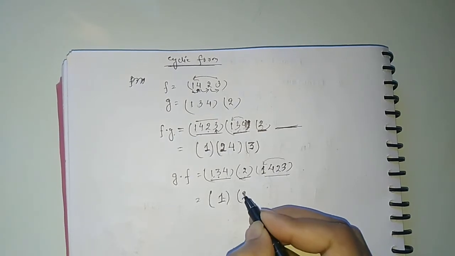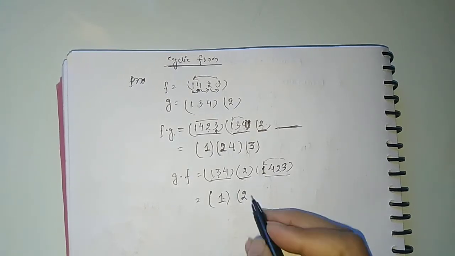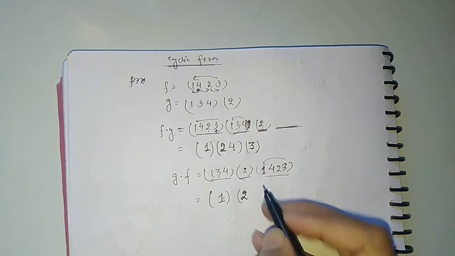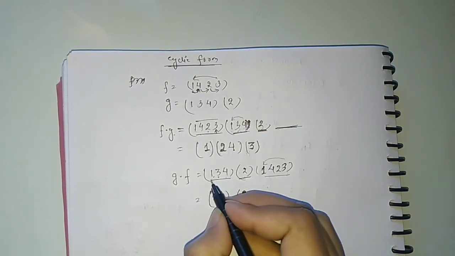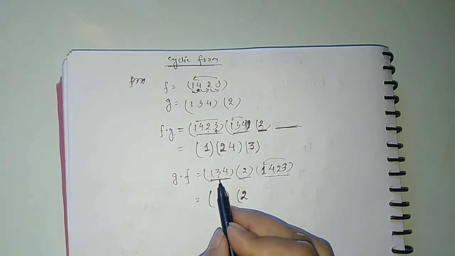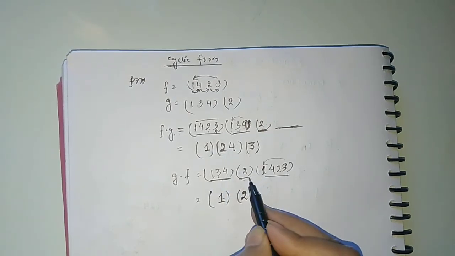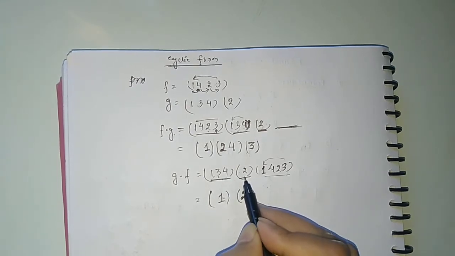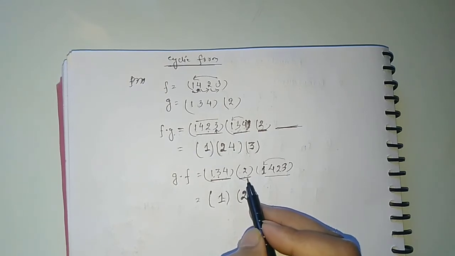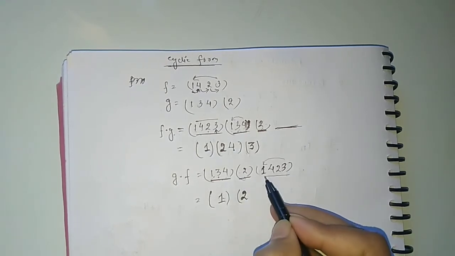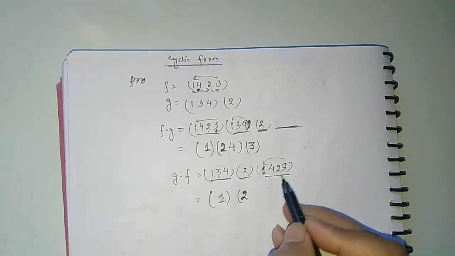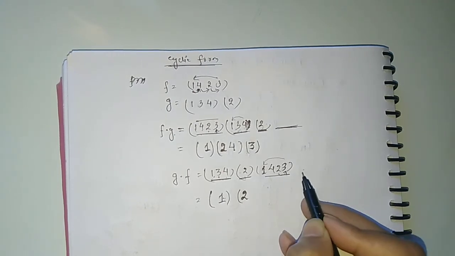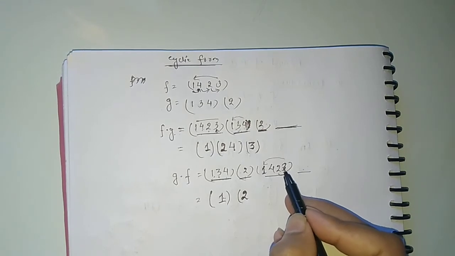Now start the second cycle with 2. We can start from any element, but for example we start with 2. Now find image of 2 from the first cycle. There is no 2, so image of 2 is 2, and go to the next cycle and find the image of 2. Here image of 2 is 2 because it is self mapped, and taking the image, that is 2, go to the next cycle and find image of 2. Image of 2 is 3, and taking 3, go to the next cycle. There is no cycle, so write the last image, that is 3 here.